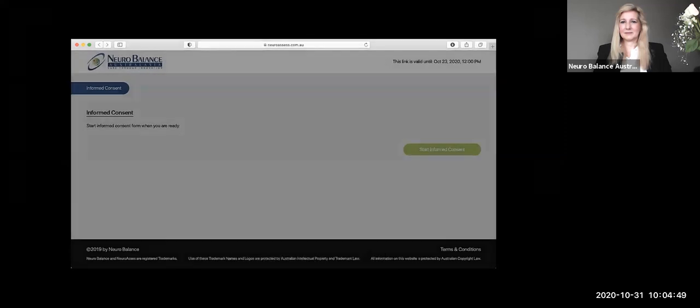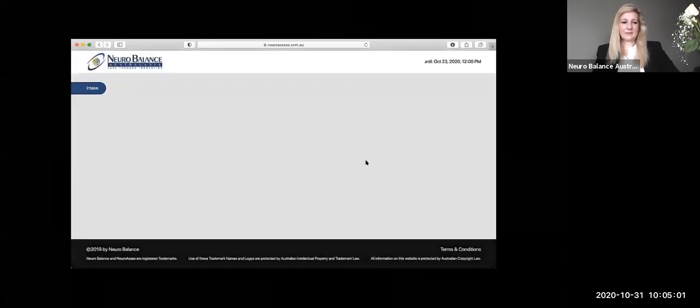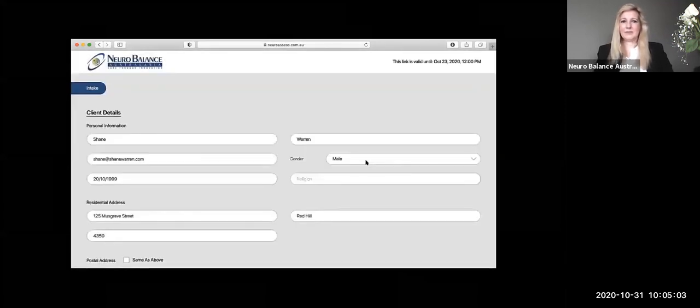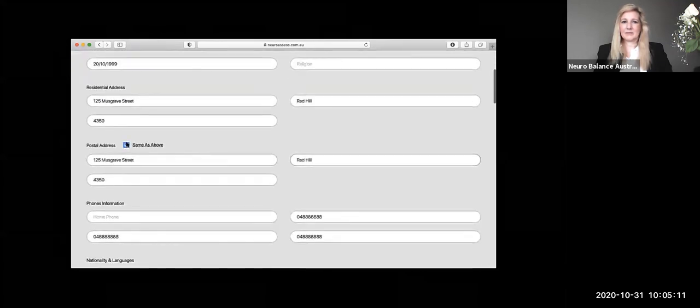So now the next section is the intake form, the actual intake process. As you can see, it says it takes approximately 2 minutes, which is roughly right, isn't it? That's kind of what we're finding. People are in that rough window of about 2, 5, 8 minutes, depending on, I suppose, how fast they read.